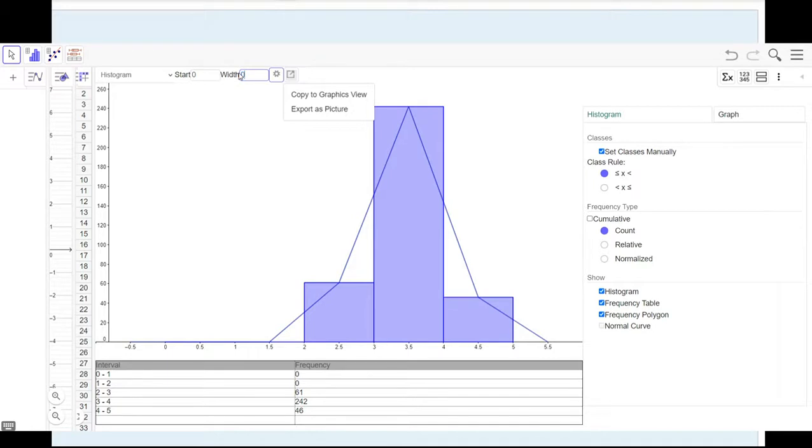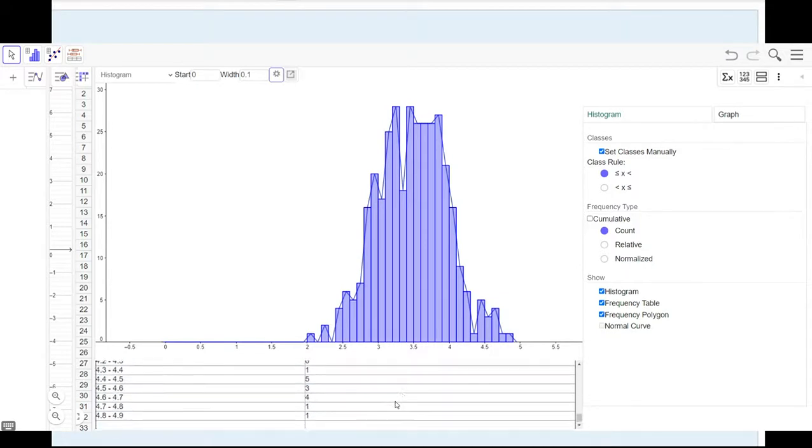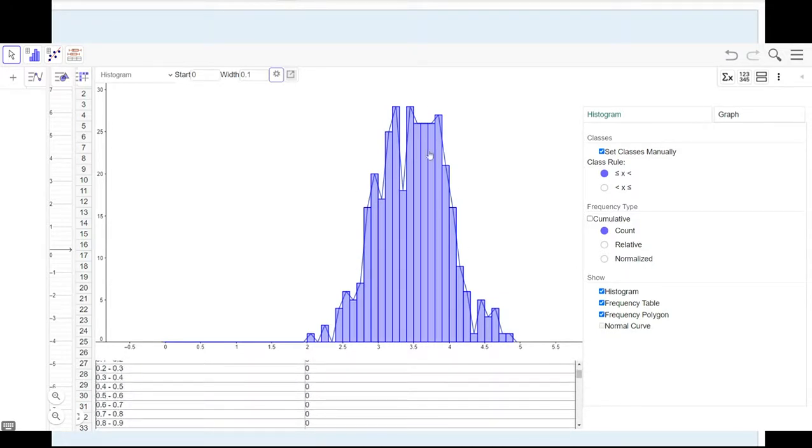And now I'm going to do 0.1. Get an idea again of what it looks like. Again, we can see our frequency. It's more spread out now. We kind of see it clustering in the middle. I'm going to go to